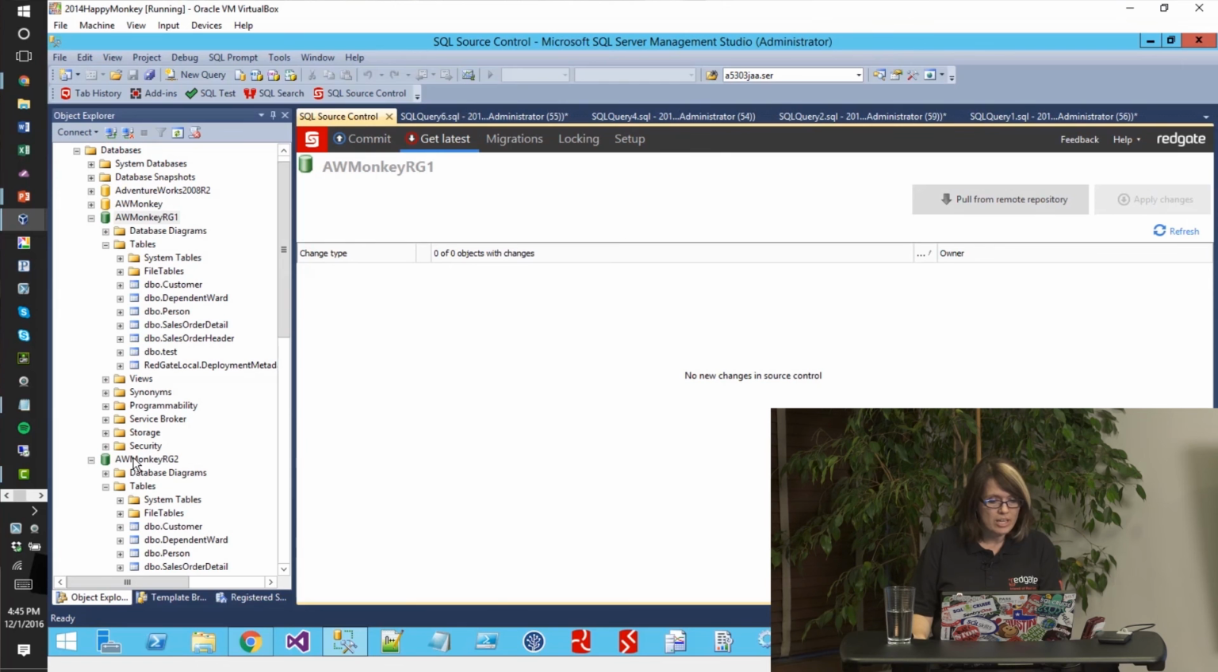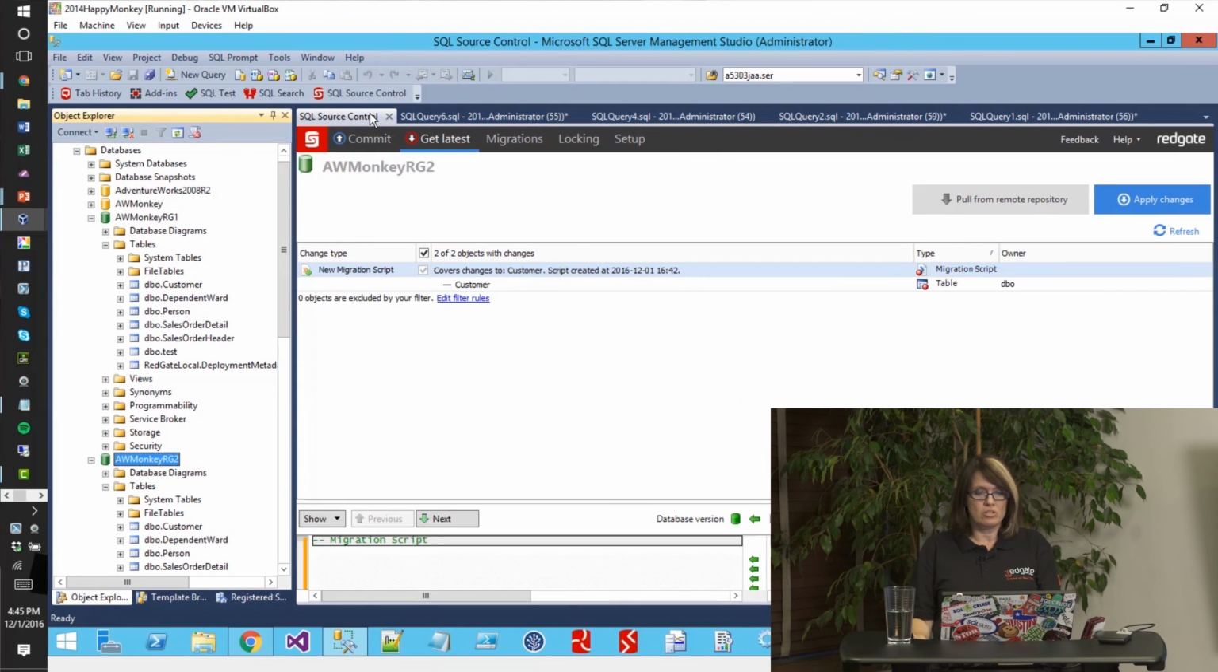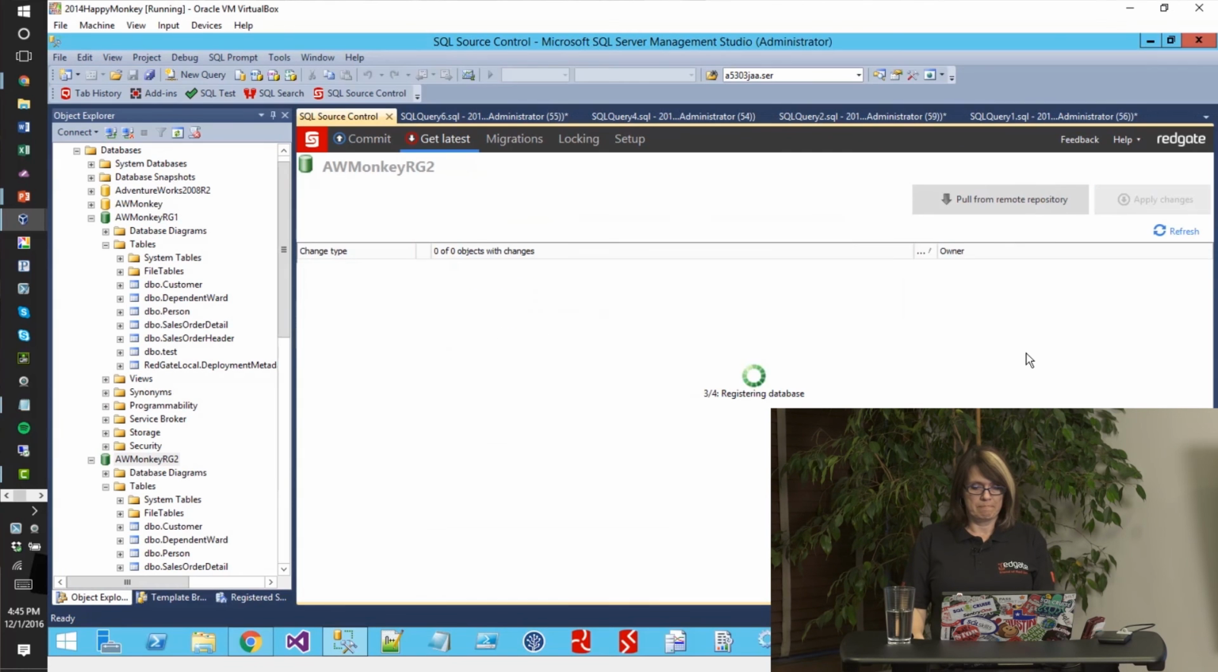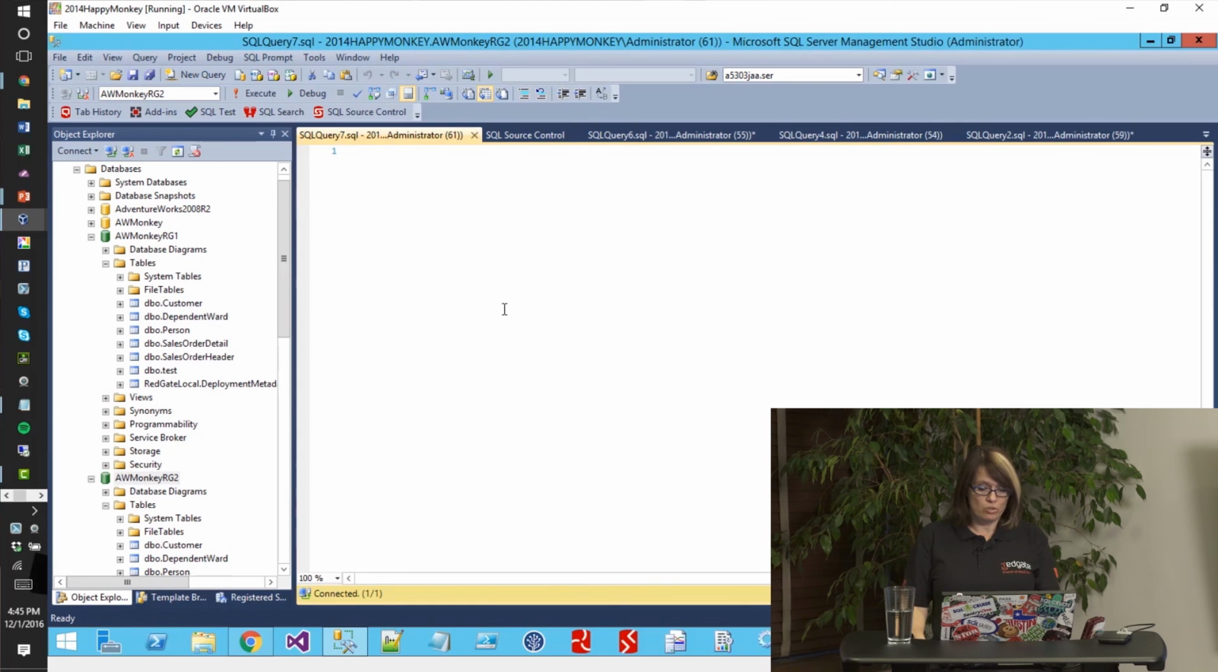Is that where I made the change? That's probably where I made the change. There it is. We're going to Jake's database because apparently I made the change, and I can see the migration script here. And when I apply it, it's going, hey, you're going to add a new table column, yep. And it was successful. So now when I go to New Query, and I do select star from customer,